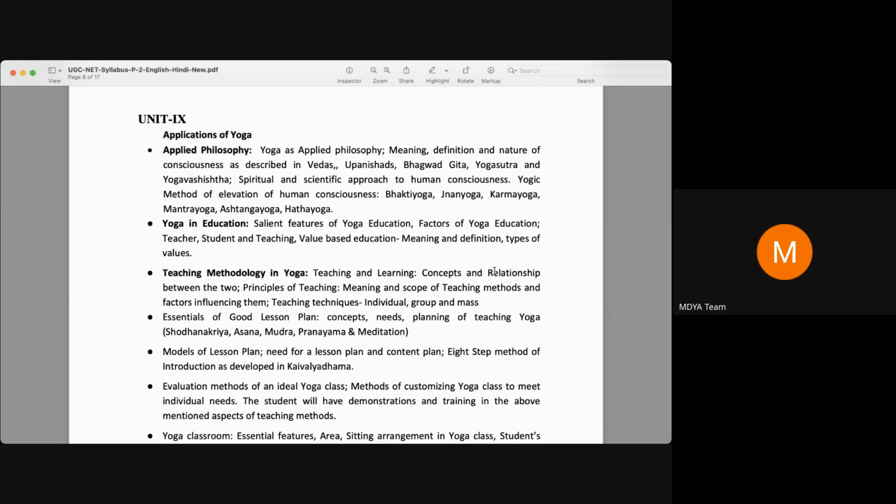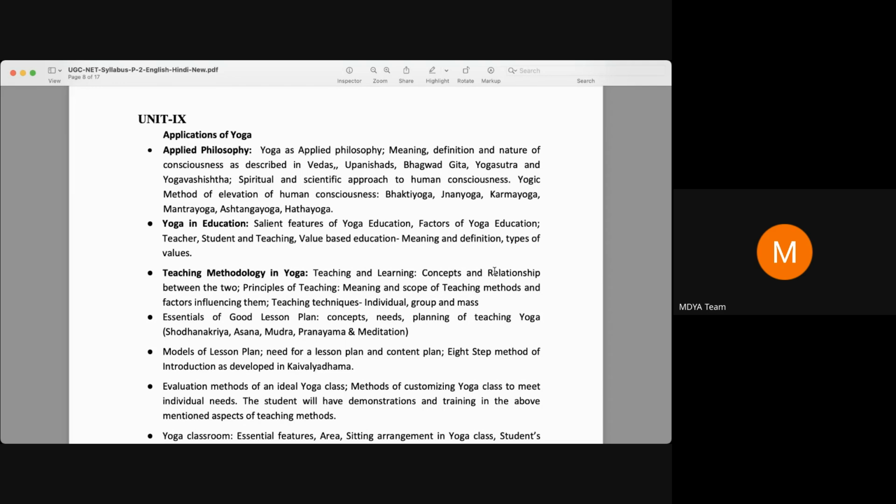So more or less you'll get 5 to 6 or 7 or 8, sometimes 10 questions in this unit, and this topic covers 4 to 5 questions mostly, or more, it depends. So this is important. This methodology includes the teaching learning process, which you also cover in teaching aptitude